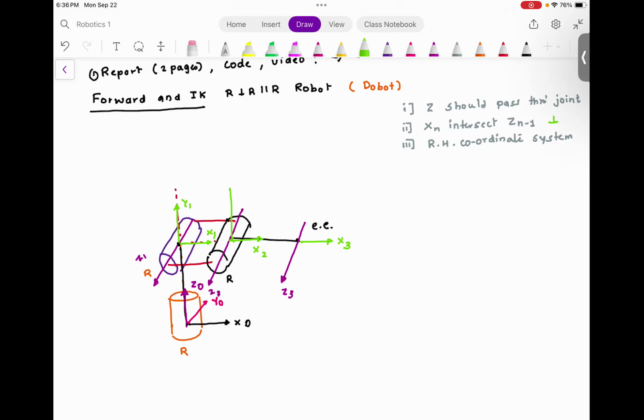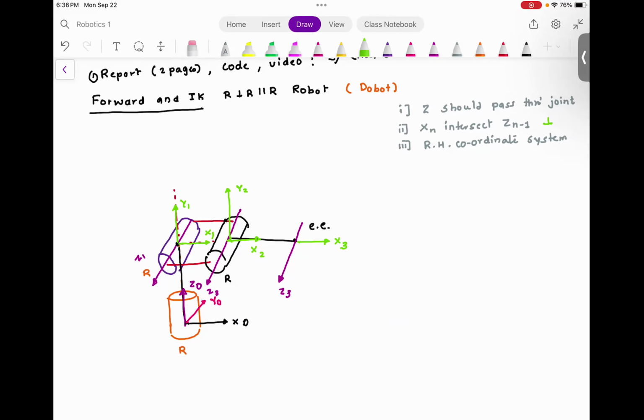This is going to be my Y2. I have X3, I have Z3. This is going to be my Y3. You agree with me? Now what I would do is I would assign theta 1,